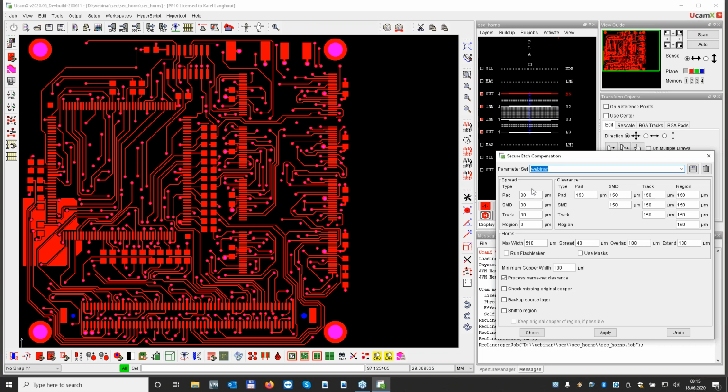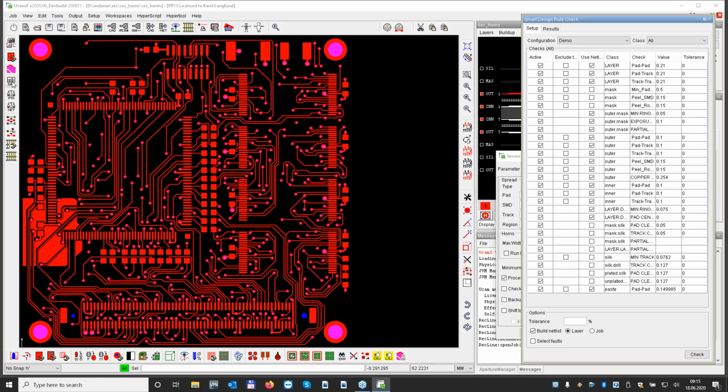What we see now is already the window that we talked about a little bit during the presentation. We have our spreads over here and our clearances over here. Just for the curious ones: if I do my spread of 30 microns and my clearance of 150, I would need 210 microns clearance between my features.